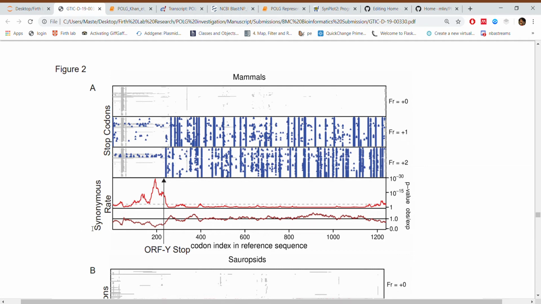So essentially SynPlot2, which was developed by Andrew E. Firth at the University of Cambridge, looks at the rate of synonymous substitutions over the course of an open reading frame. In this case, we're looking at the mRNA of POLG. So what you can see here is that